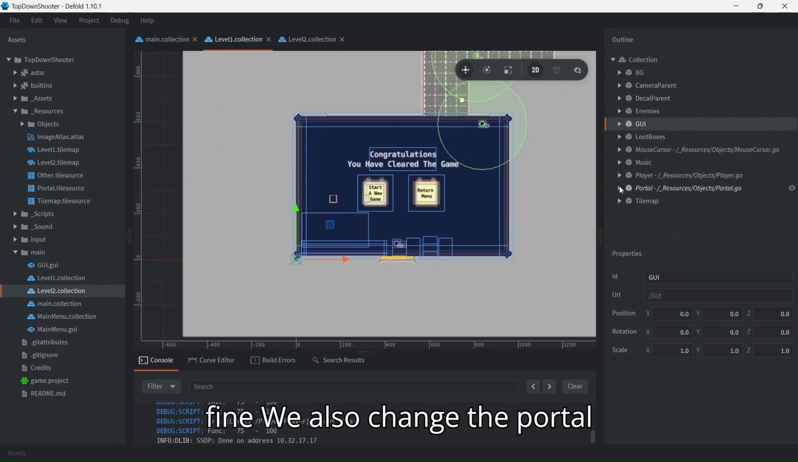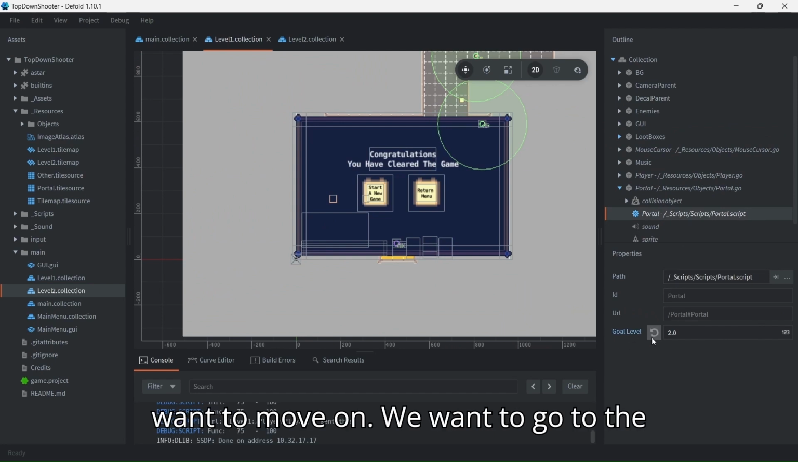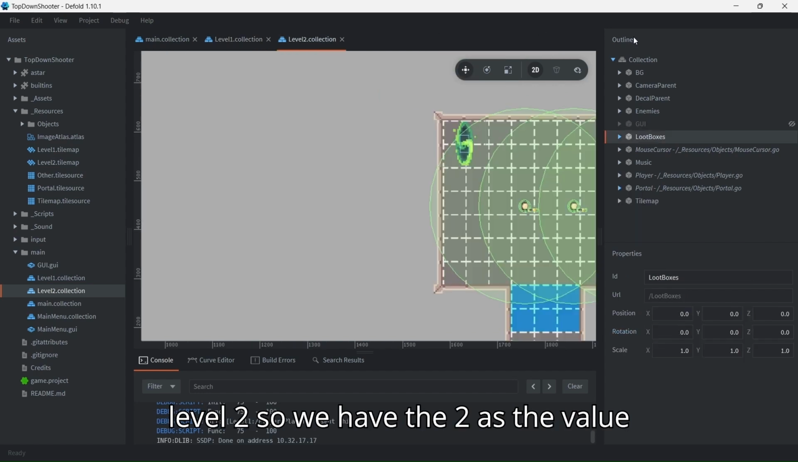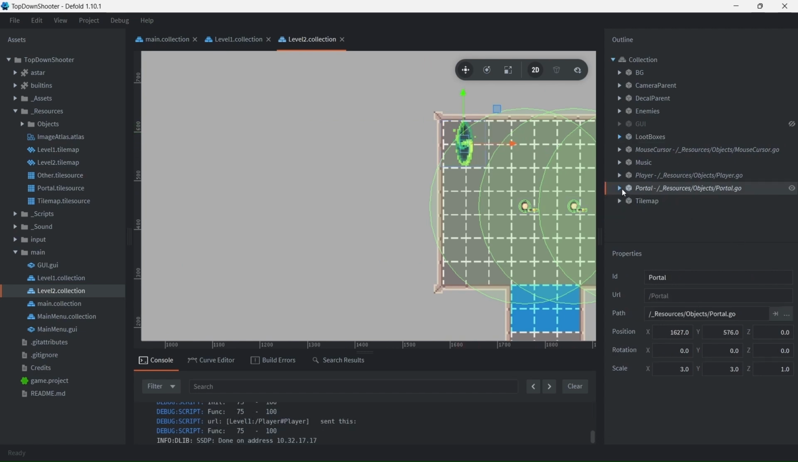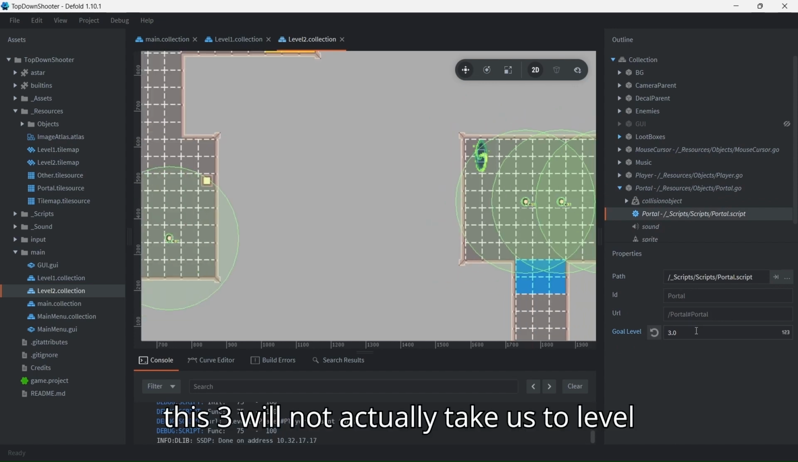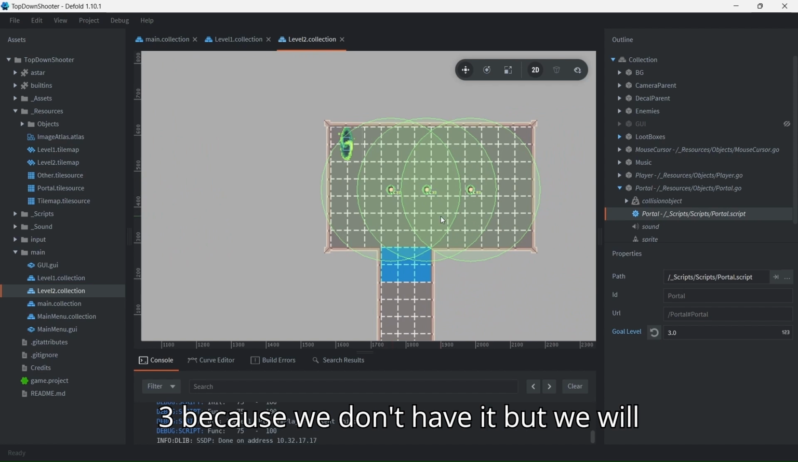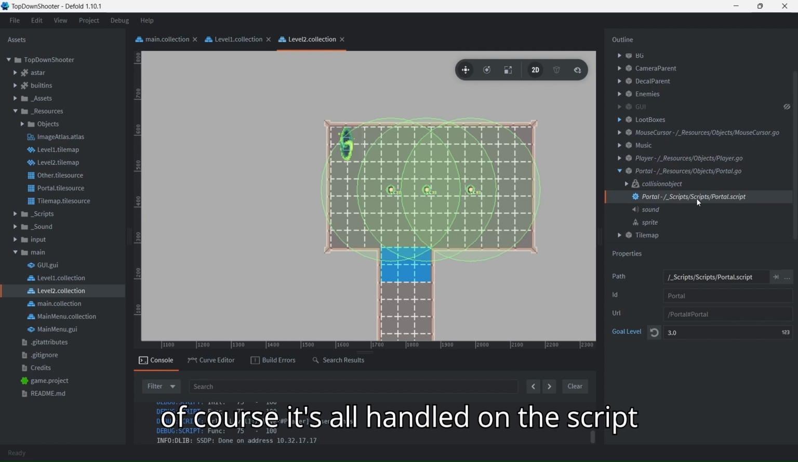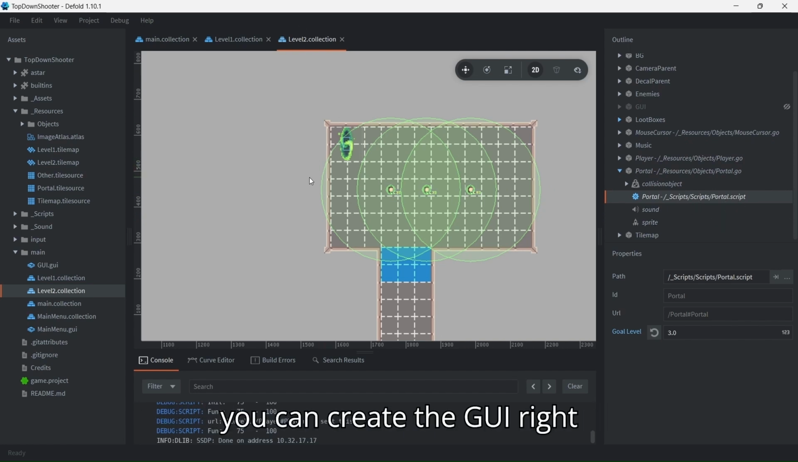We also changed the portal script because this is the level we want to move on. We want to go to the level 2, so we have the 2 as the value, and on the second level's portal, we have the goal level as 3. This 3 will not actually take us to level 3 because we don't have it, but we will know we have just beaten the game. And of course, it's all handled on the script, which I will explain after I show you how you can